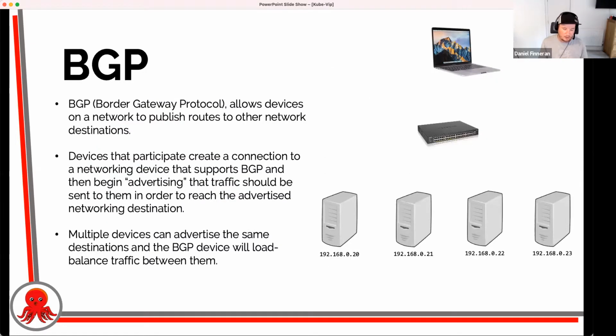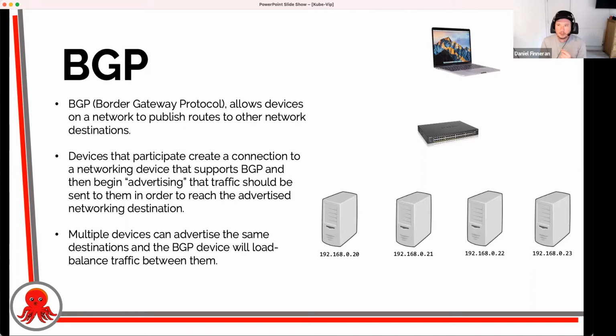The other technology that we use, there's one other thing about ARP that's important as well. Only one node should be doing ARP broadcasts saying that it has that IP address. That's why we need leader election with ARP. This is because a network gets very confused when multiple pieces of hardware share the same IP address. You will effectively end up with broken traffic and things like that. So only the leader should be doing the ARP broadcast. And when it does the ARP broadcast, the network then knows to send traffic for that IP address only to that one host.